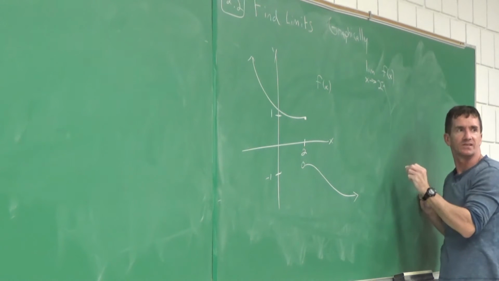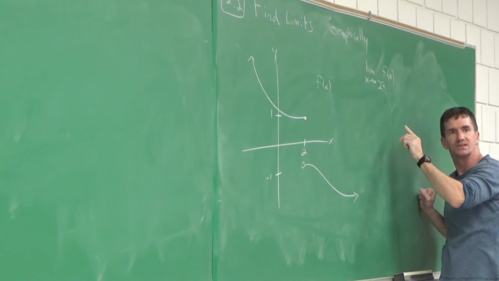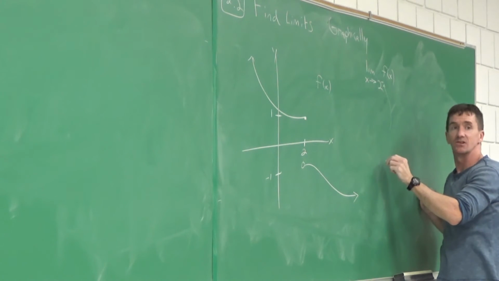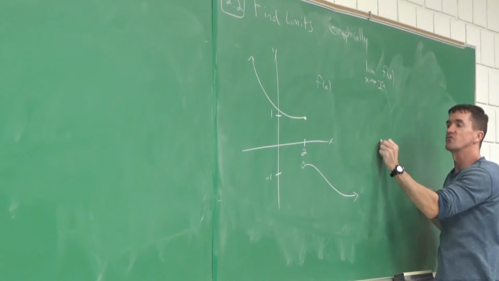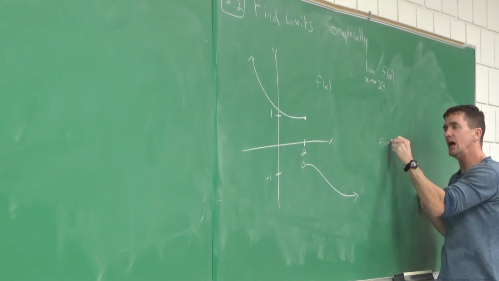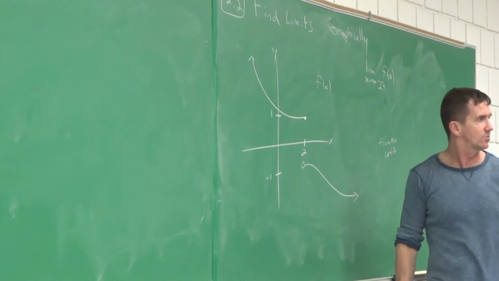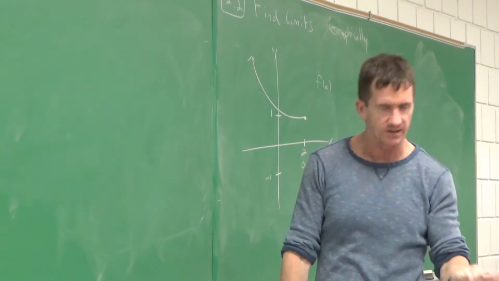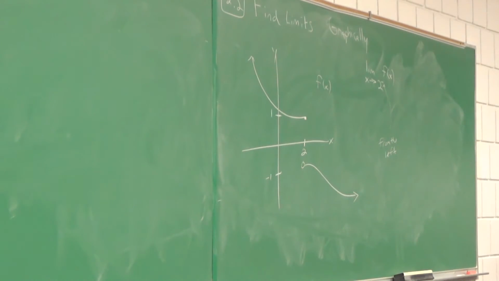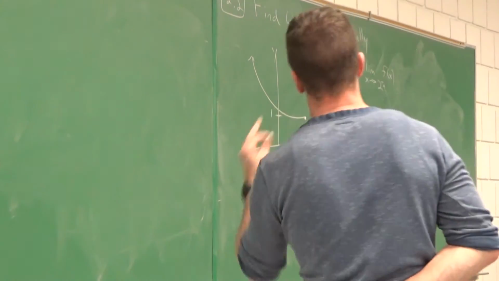Now what's that little symbol right there, that little negative off to the top right? It means not to the left, but what? From the left. That way you're communicating to yourself properly, like if you're doing this on a test, you think, I have to find the limit as x approaches 2 of the function f of x from the left side.